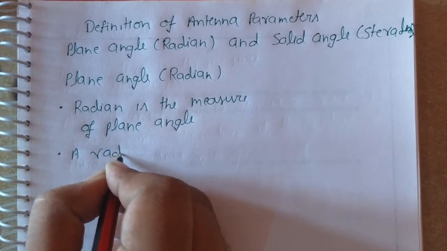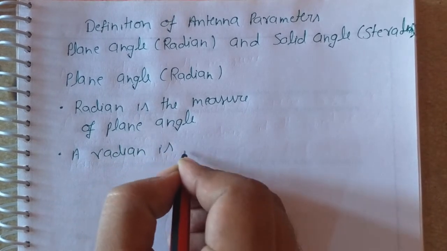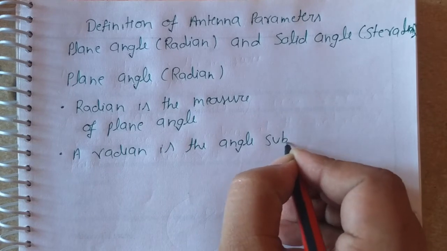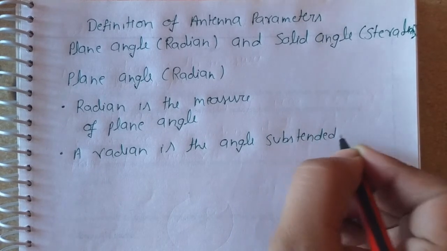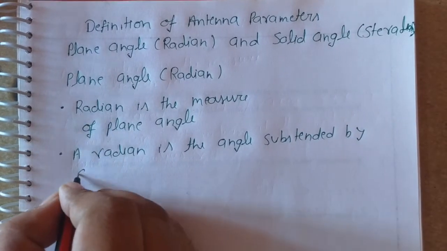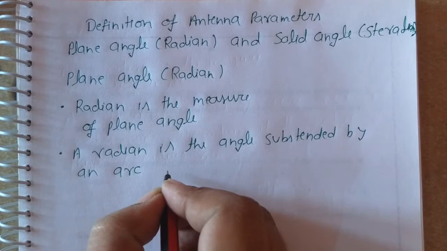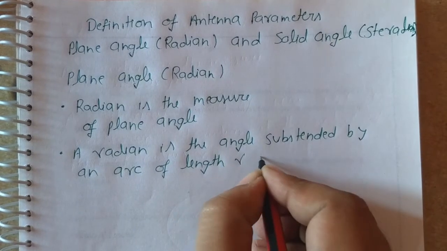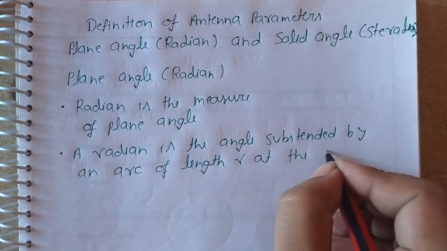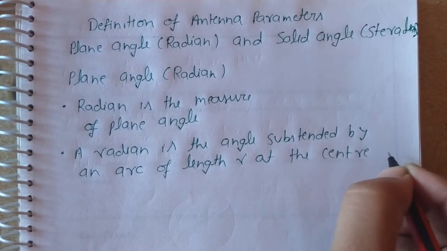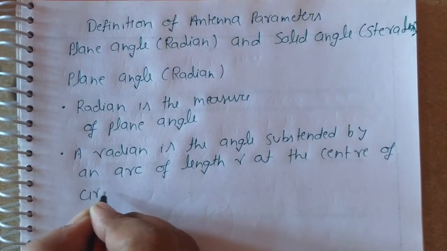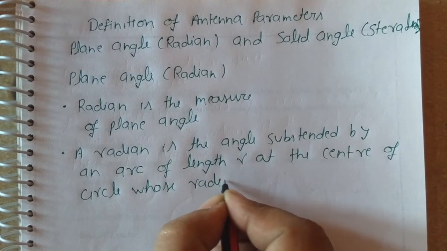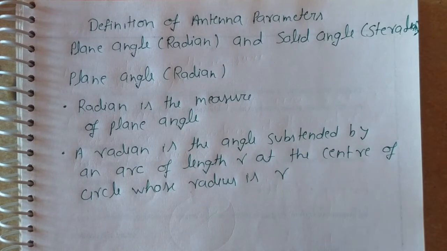A radian is the angle subtended by an arc of length r at the center of a circle whose radius is r. Okay, so you can see here